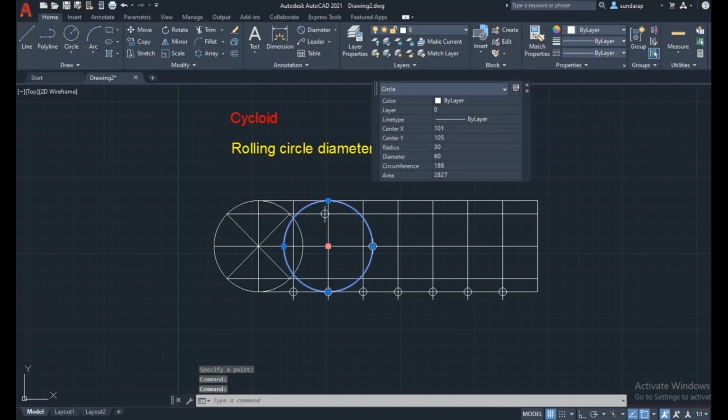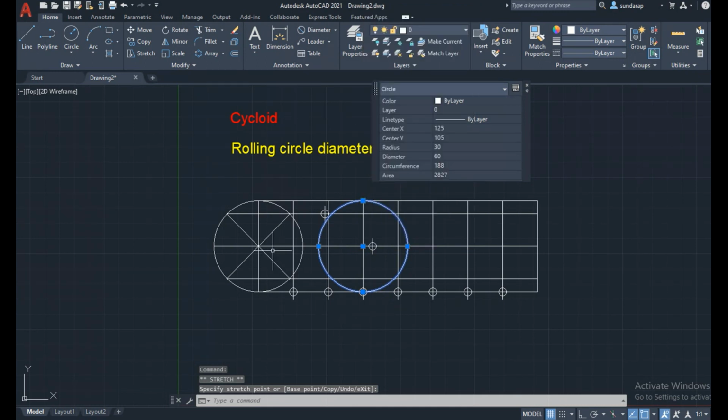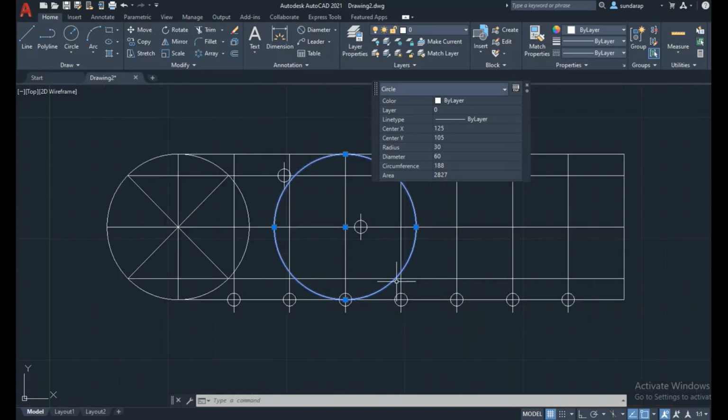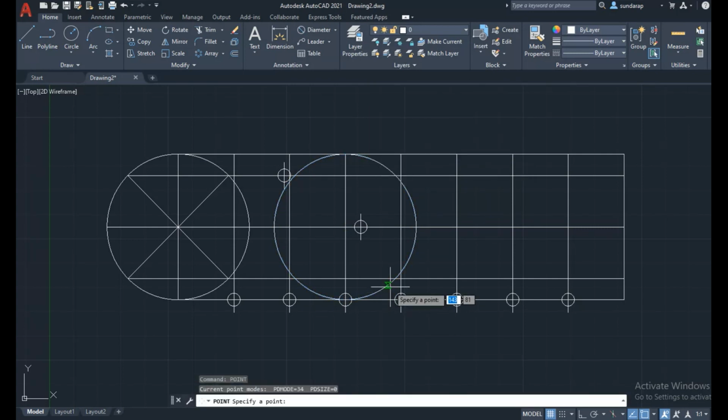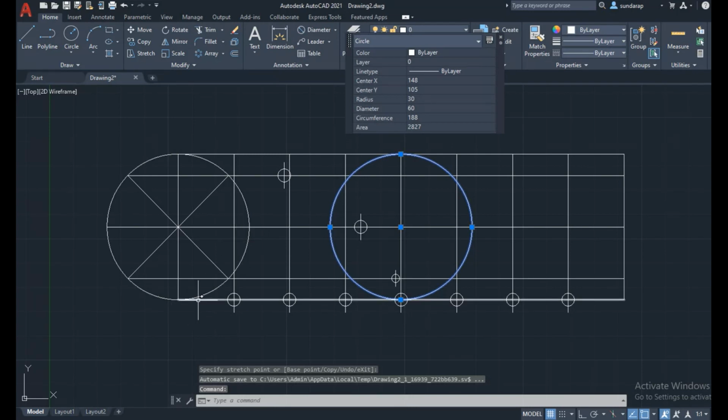Similarly the third point, this is the third center point which is rolling out, so the third line intersection is the point. Similarly the circle rolling out from the fourth center point will intersect the fourth horizontal line, with the same radius.